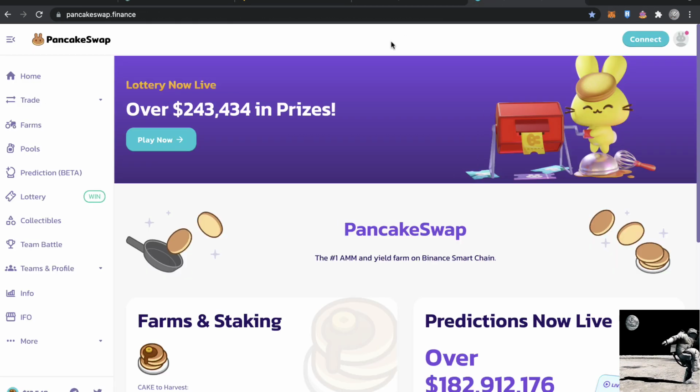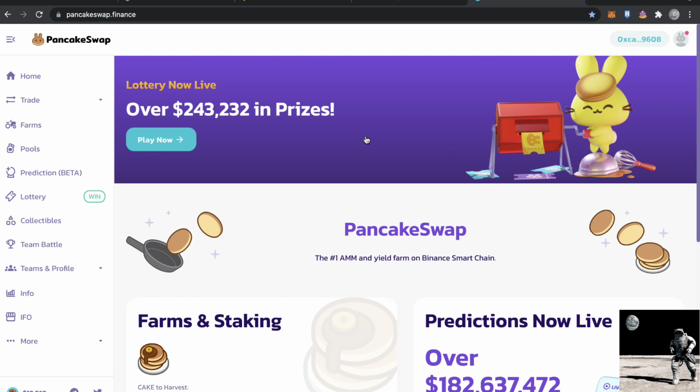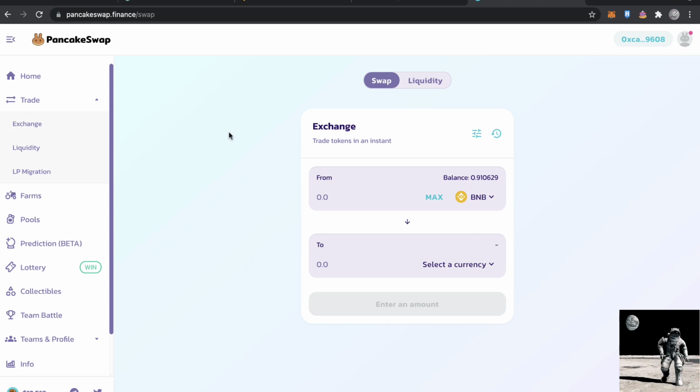Alright, so go to PancakeSwap.finance and then we have to connect our MetaMask here. So just click connect. Click MetaMask and it should automatically connect, or maybe if it's your first time to connect, it should ask for some verification that you just have to click continue or connect and you're good. Alright, so the next step that we need to do is to go here on the left side, trade, exchange, and we can